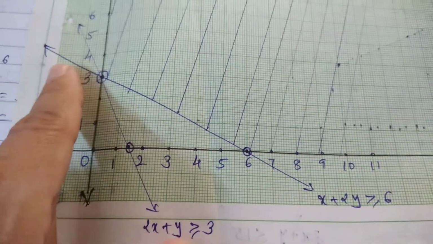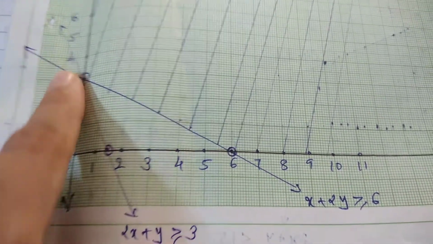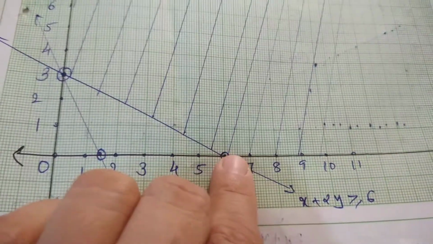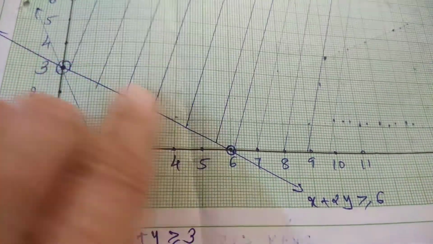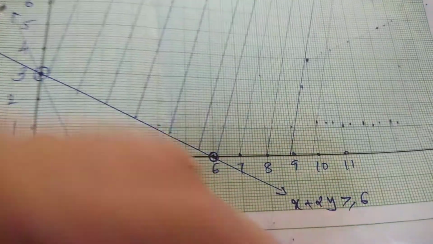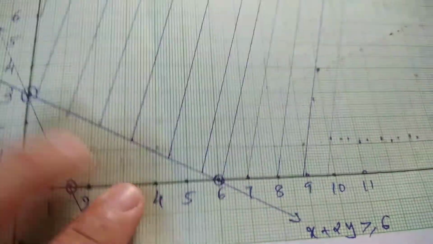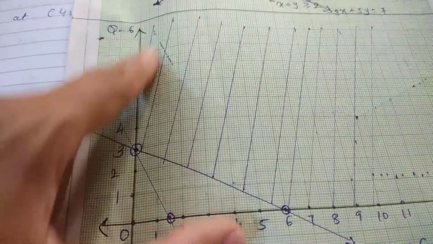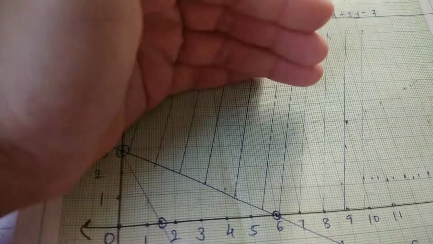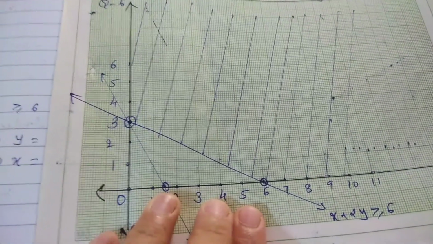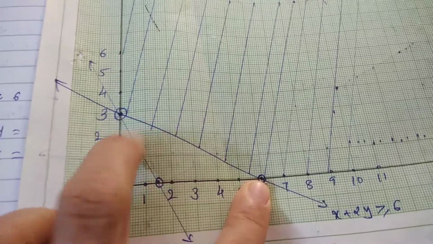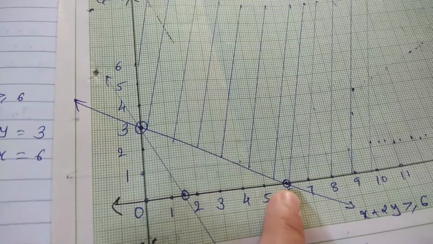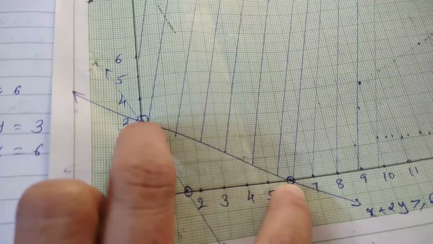Okay. Now the next line, x + 2y ≥ 6. For this, x = 0, y = 3, and y = 0, then x = 6. So this is the line x + 2y = 6. Now greater than again gives us the upper portion. So students, this is our feasible region, in the first quadrant. Now we have only two corner points here: one is (0, 3) and the second is (6, 0). And our function is to minimize.